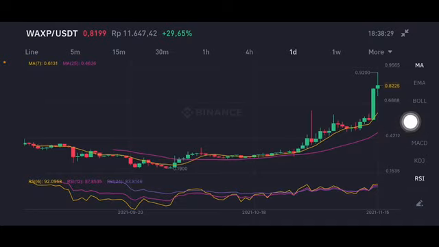For the moving average, there are two moving averages here. First is moving average 7 at 0.6131 US dollar, and the next one is the pink one here, moving average 25 at 0.4626 US dollar. It should be a really good opportunity if you want to enter on the pink one here. The RSI stochastic has not yet gone to the overbought position, so you have to wait and see first, then enter the market on the pink side, right?